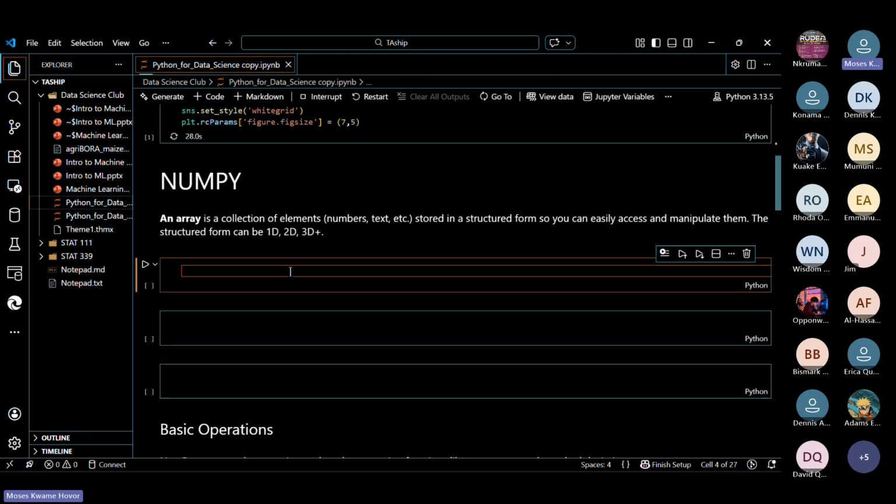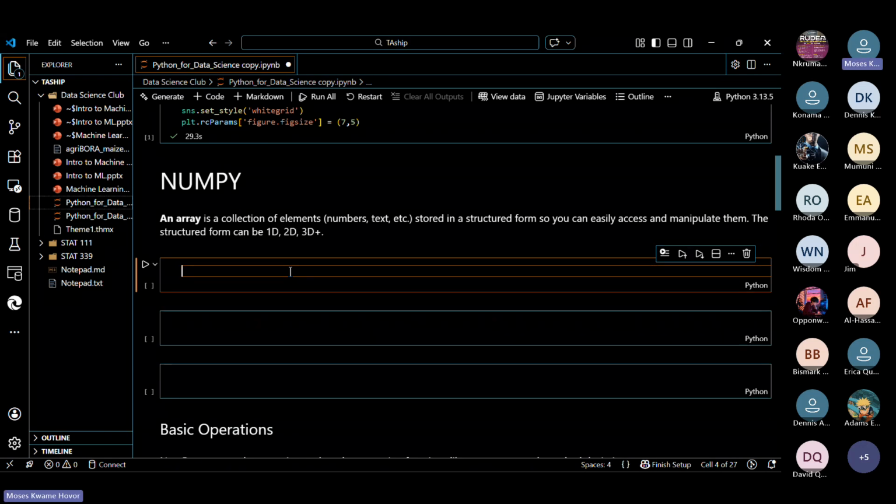By data type, I mean we can have Boolean, integers, strings, characters, all in a single list. But NumPy arrays must contain a single data type. So you'll see that I'll be using only integers throughout this introduction course.